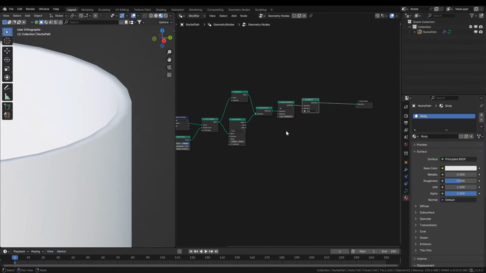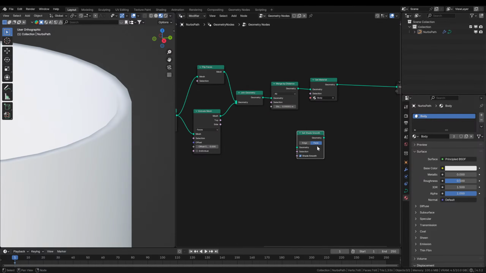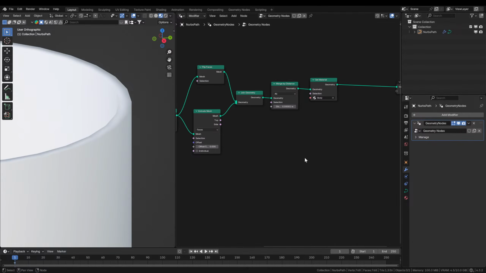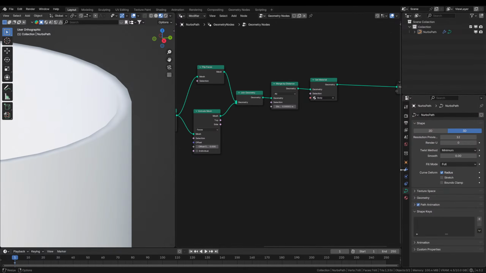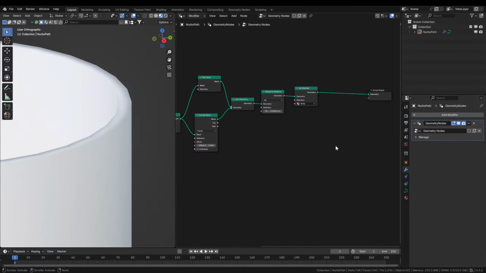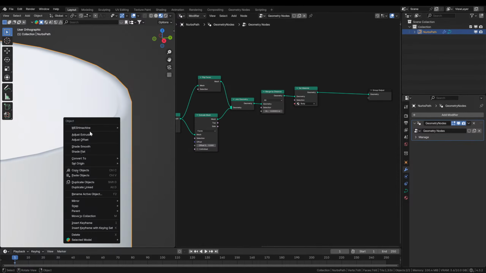Yeah, we can add set shade smooth. But I don't know if you know this. In Blender 4 point something, maybe 4.1 or 4.2 or whatever, they changed the auto smooth. Before it was a real setting in the geometry here, but they changed that, so now it's a geometry node basically. If I do a set auto smooth,